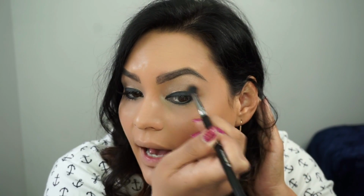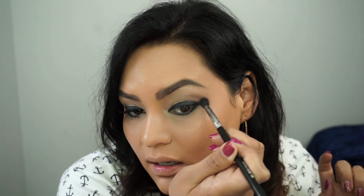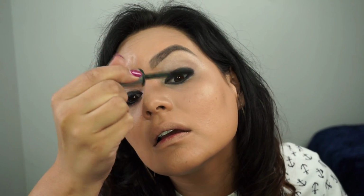I'm using a Sigma Diffused Crease E38 brush, and just pick up a tiny bit of DTF and use that in this outer crease here. She just has the subtlest bit of color here. It's not very much, so just a tiny bit, focusing right on the outer crease there, and blend that in a little bit. Mascara! I'm applying Clinique High Impact Extreme Volume